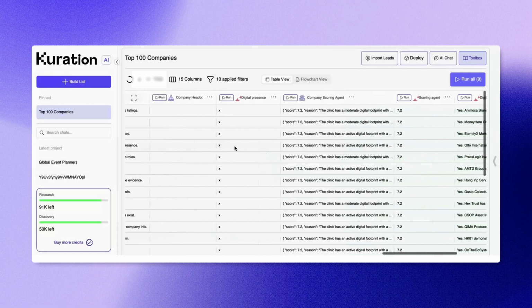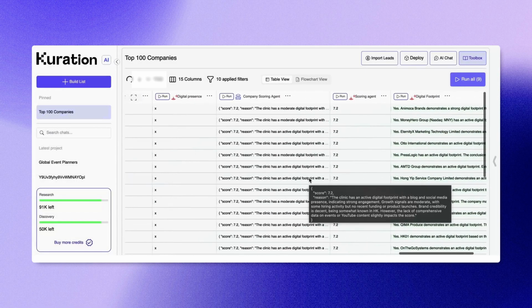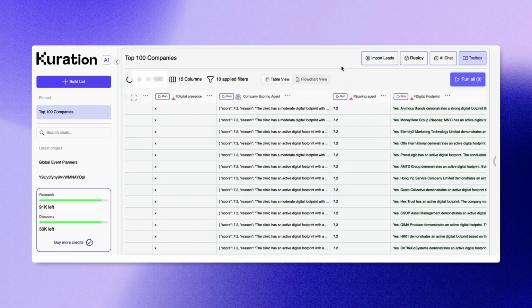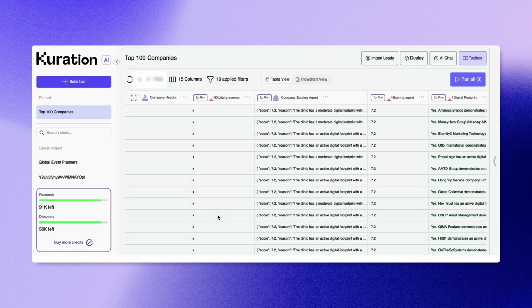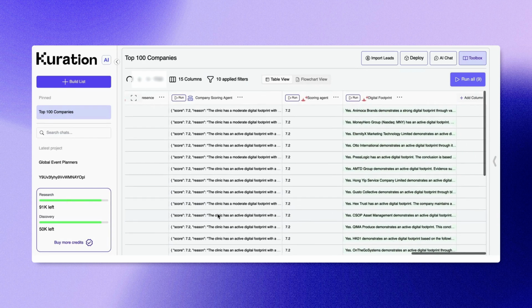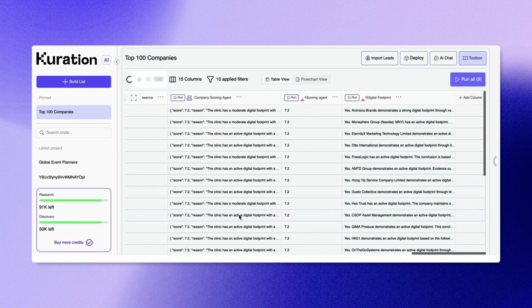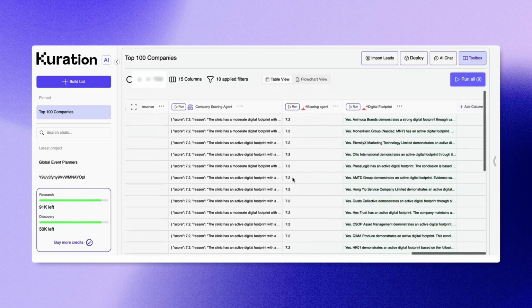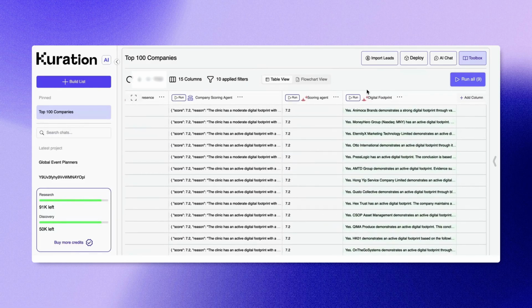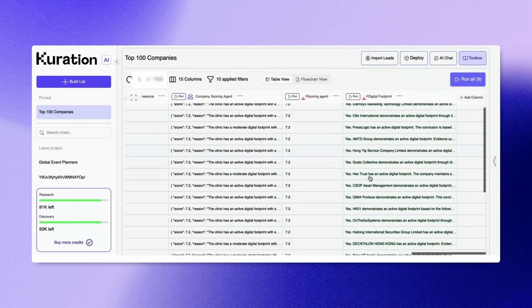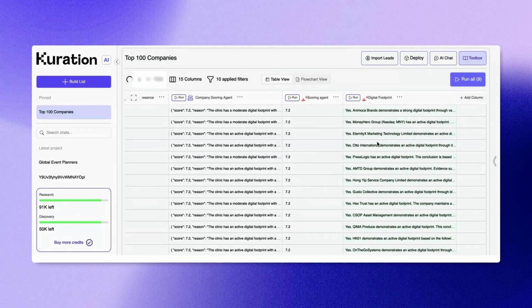As you can see, there's some overlap in the tools used, but that's intentional to enhance accuracy, since tools can sometimes have a margin for error, and we wanted to ensure precision and focus. Additionally, we used another digital footprint agent to ascertain whether they actively post company updates and other media content.